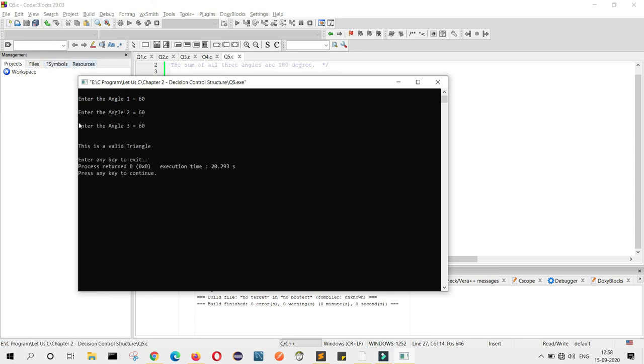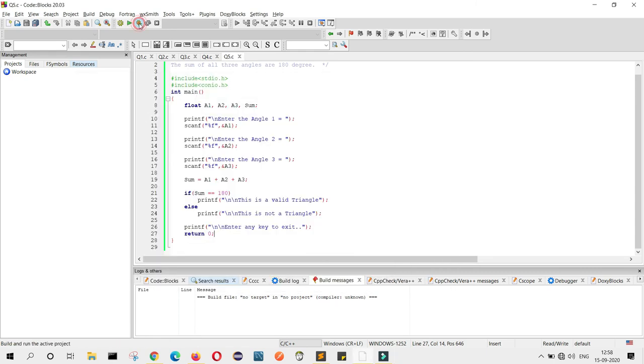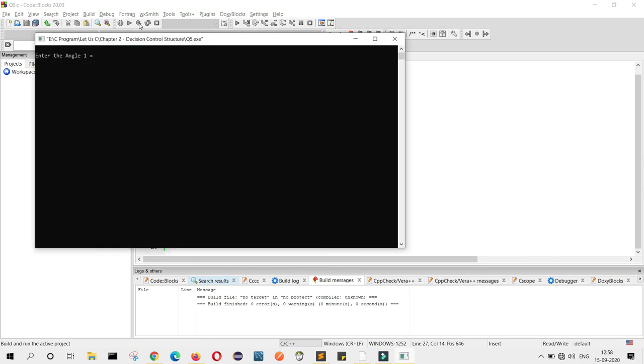So this is a valid triangle because the sum of all three angles is 180. Let me run it again. I will write 90, 60, 50. So this is not a triangle because the sum of all three angles is more than 180.